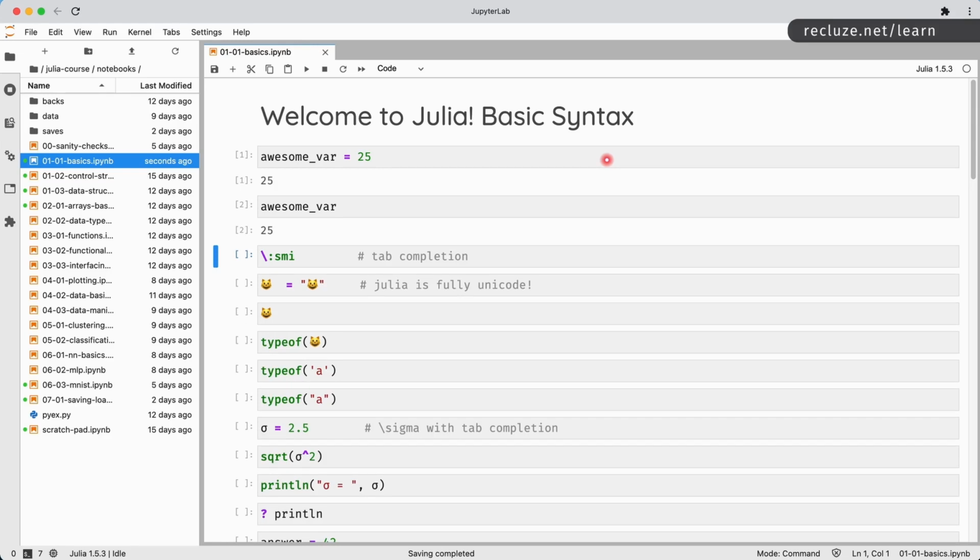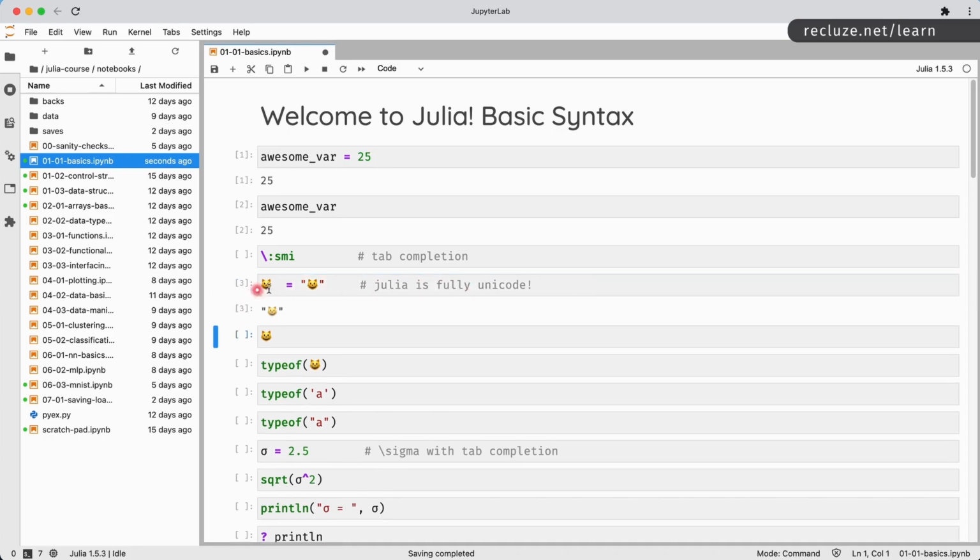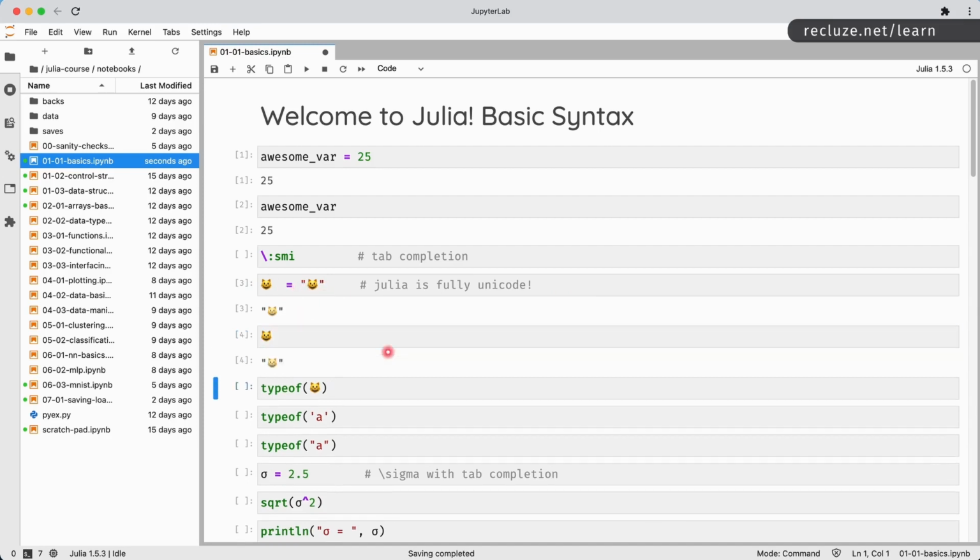Now, one important thing that immediately differentiates Julia from almost any other programming language is that variable names themselves can be in Unicode in Julia. For instance, in Python, you can define any variable x to hold a string which has Unicode in it. Right? So we're using a Unicode emoji in this case, but the variable name itself in Python cannot be a Unicode, right? So here it's very possible to do this. So let's go ahead and run this. So as you can see, this is just a variable which holds this string. And if you try to output the value of this variable, it works perfectly fine, right?